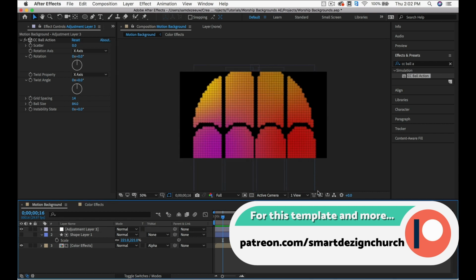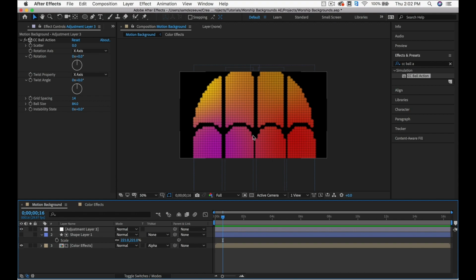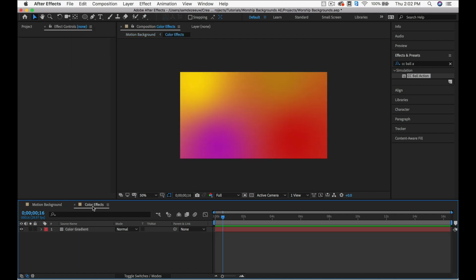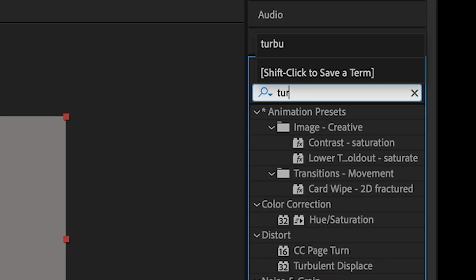And this is looking good so far, but I want to add a little bit more variety in the pixels, because right now it's just a little bit too perfect of a gradient in between these colors. It's just too perfect. Let's add some variety. So back in the color effects composition, we'll add what's called a turbulent noise